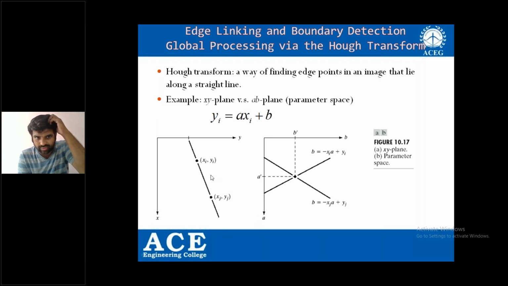So therefore, what we do is first we take the pixel xi, yi, the Hough transform of xi, yi. So here, if I take xi, yi, I can draw a line which is passing through xi, yi with some slope a and intercept b: yi equals a xi plus b. It is a general straight line equation which can pass through any point xi comma yi with the slope a and with the intercept b, right? So here, instead of checking all the other pixels whether they lie on the straight line yi equals a xi plus b, I'm going to